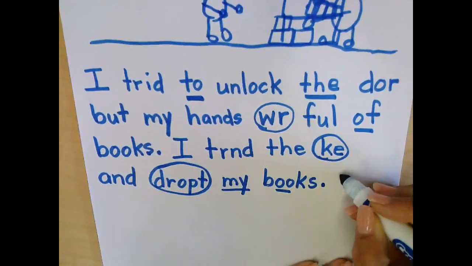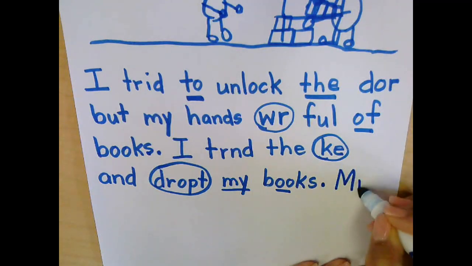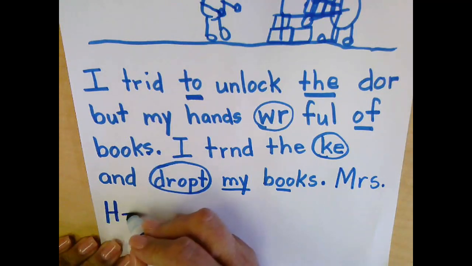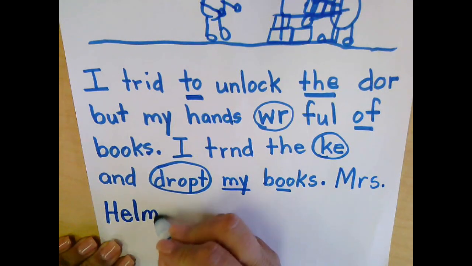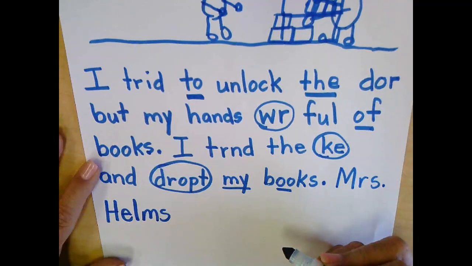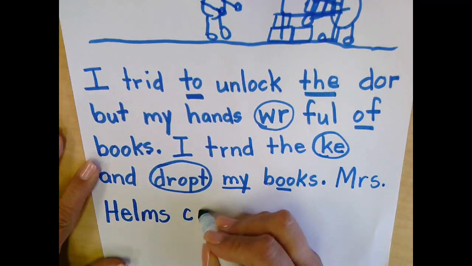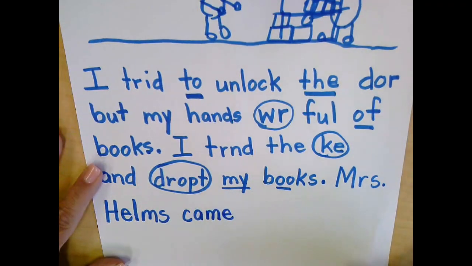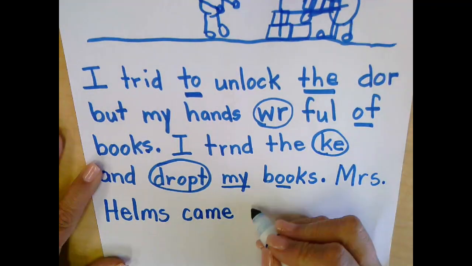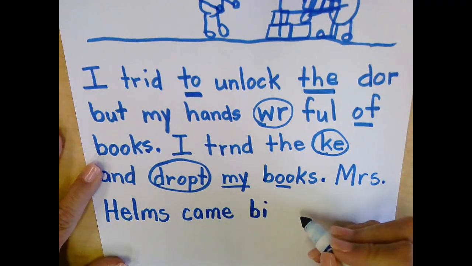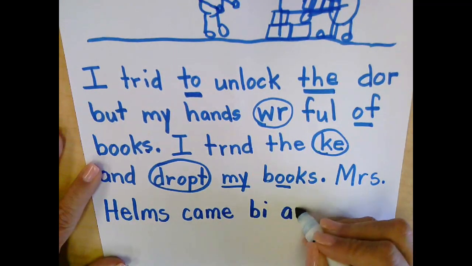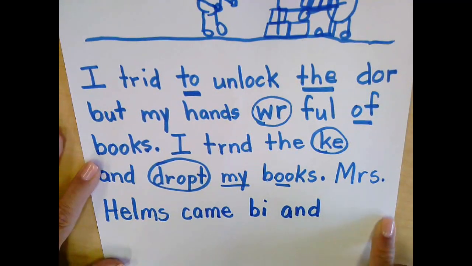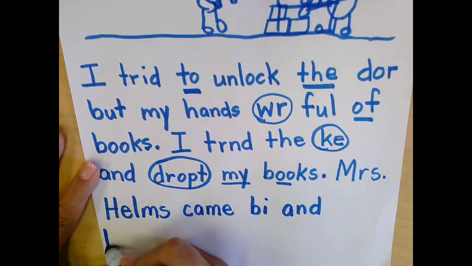Well, Mrs. Helms, and I'm going to write Mrs., and I know that's how I write Mrs. Mrs. Helms, Helms. Mrs. Helms came, and I know came has an E on it. Came by, came by, and helped. I don't think I'm going to have room to write all of helped there, so I think I'm going to go to the next line. Help,